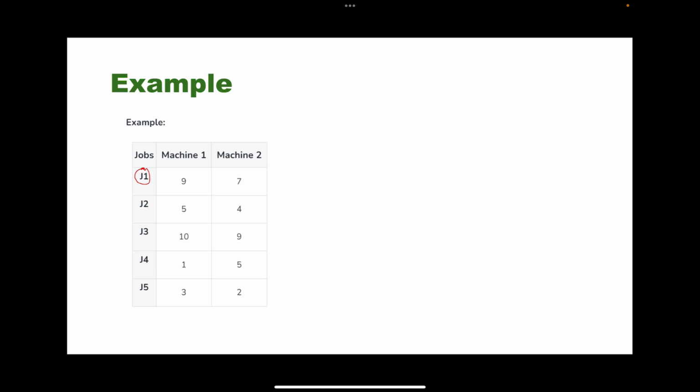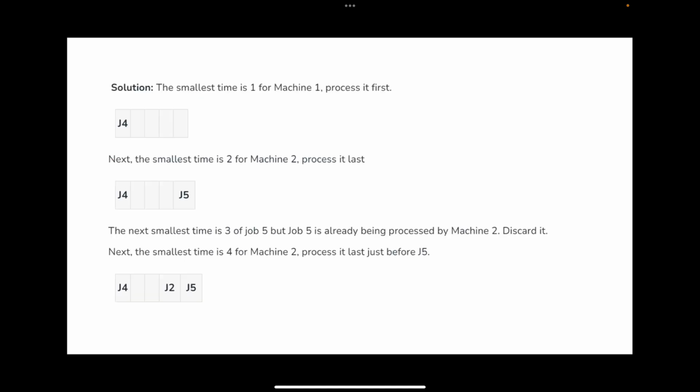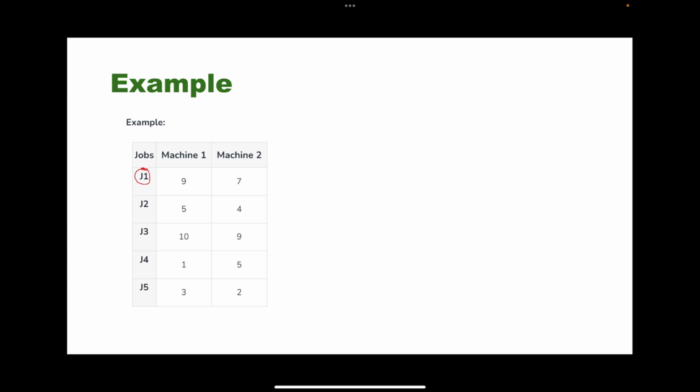We need to complete these jobs as early as possible. So how to schedule this? Should job 1 be scheduled first or job 2 first, etc.? This will be determined by an algorithm that is called Johnson's algorithm. Now, what we are actually doing here is that first